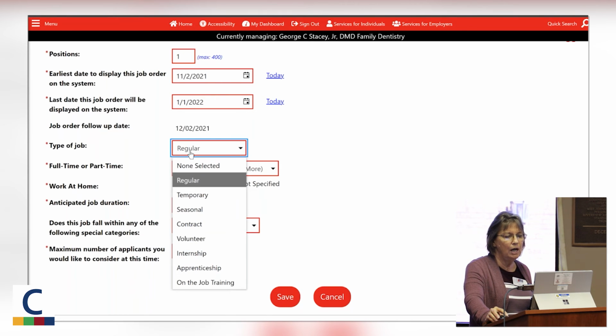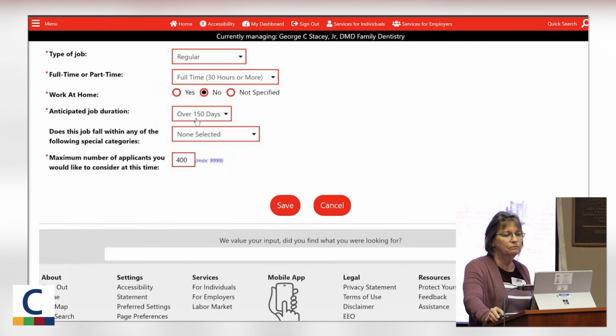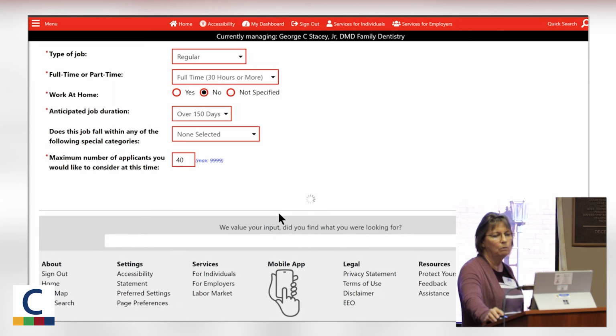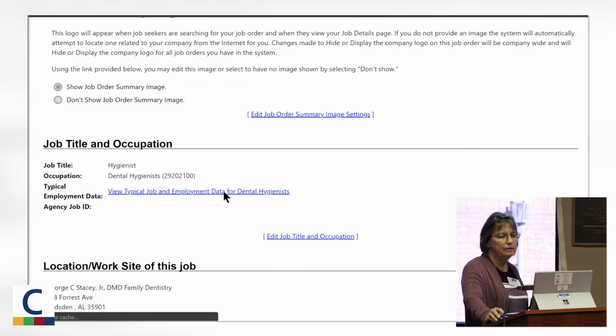If it's a regular job, seasonal, volunteer, you can select that. And then that working time, it's going to be over 150 days, so it's a permanent position. And if it falls in any of these categories, and now by default, I told you it entered some default settings, so he's not going to want to interview 400 applicants, so we'll change that to 40. He may only want 4 to interview. I'm not sure, but we're going to lower that down. Then you go back,